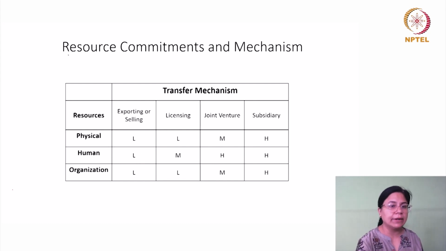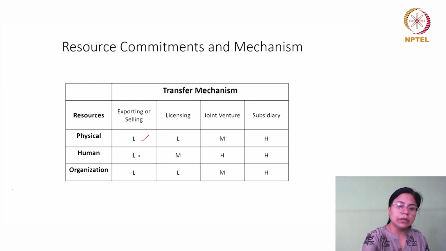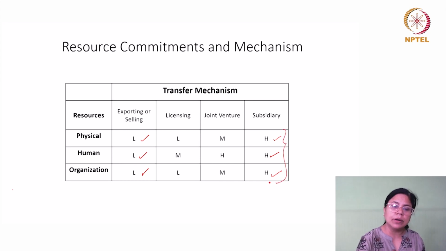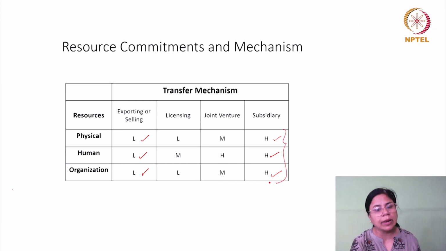Right? So they have to identify a partner, and that partner distributor would take care of most of the things. So the physical, human and organizational resource commitments are going to be rather limited. On the other hand, when you talk about establishing a subsidiary, let's take the case of a wholly owned subsidiary. Clearly, the capital resource engagement is going to be very high. Maybe they have to bring in some people who are working in the headquarters and make them work in the particular economy. Then again, an organization also has to be established. So all the resource commitments, physical, human and organizational, are going to be very high.